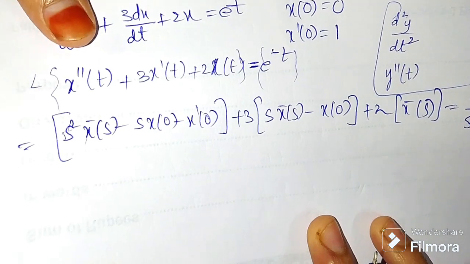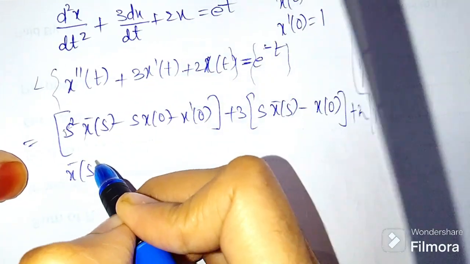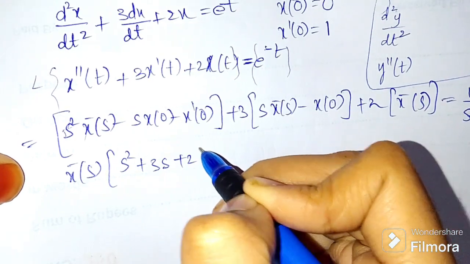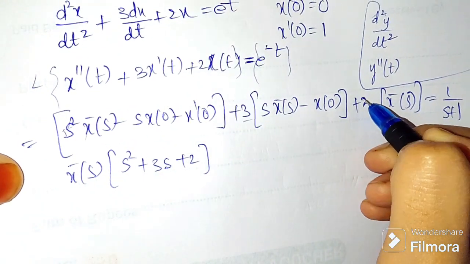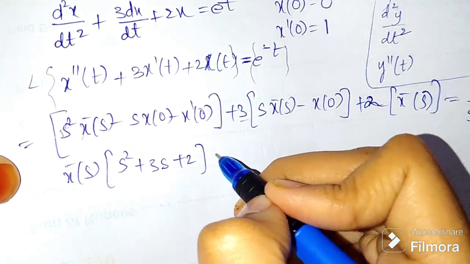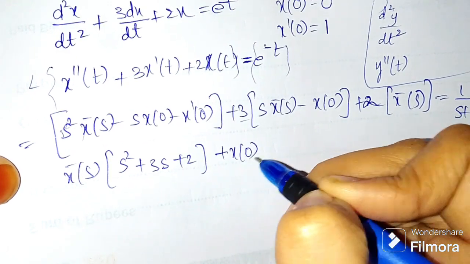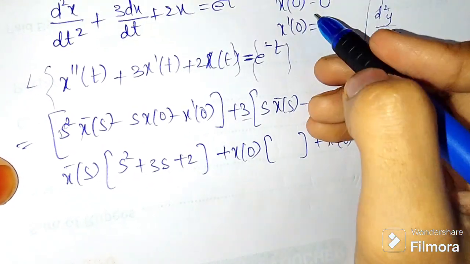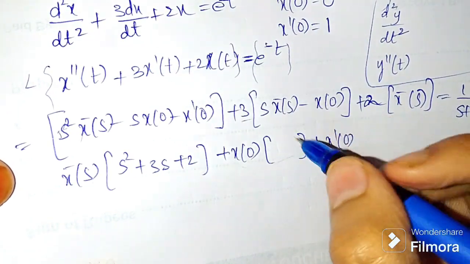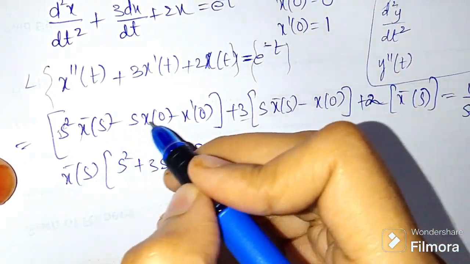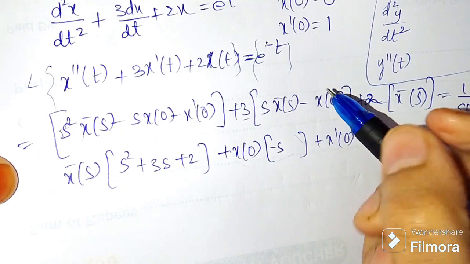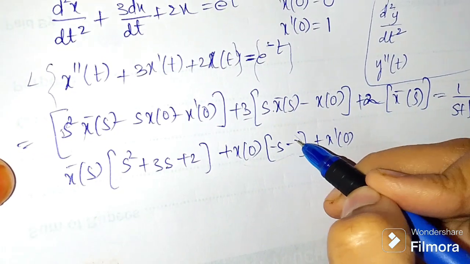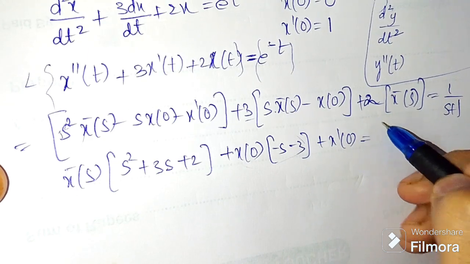So now what should I take? x bar of s common. So s square plus 3s plus 2. Next, x of 0 common, next x dash of 0. Because my x of 0 is 0, I'll get the whole term 0. So what will be there here? Minus s and minus 3 is equal to,